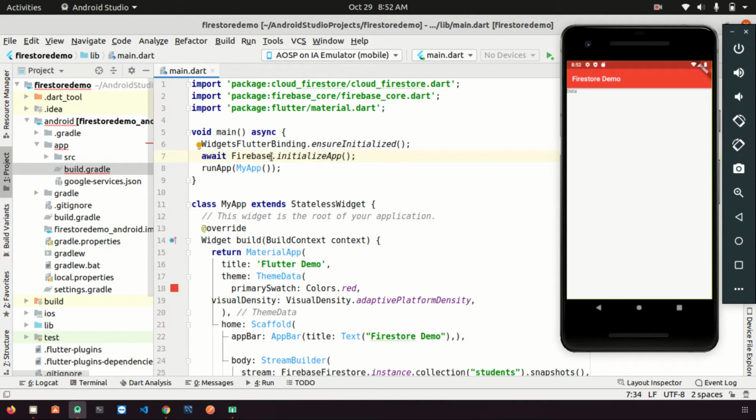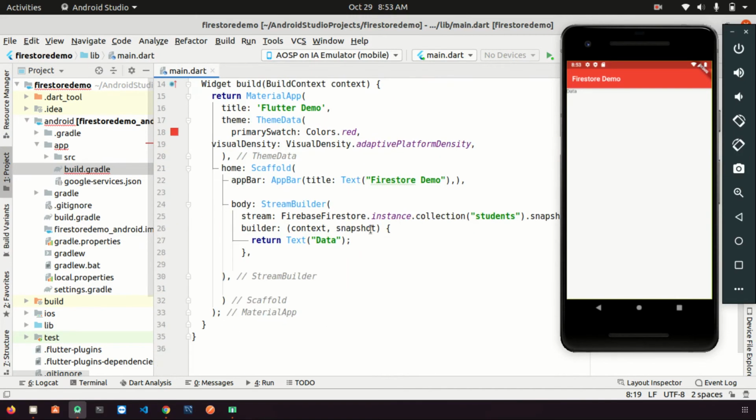There is something called binding. In this plugin initialization, it is calling the binding. If we are accessing that binding before runApp, then we will have to call this function before accessing. This function is accessing it here, so that's why I'm calling this ensureInitialized one. So we are not getting any error now.